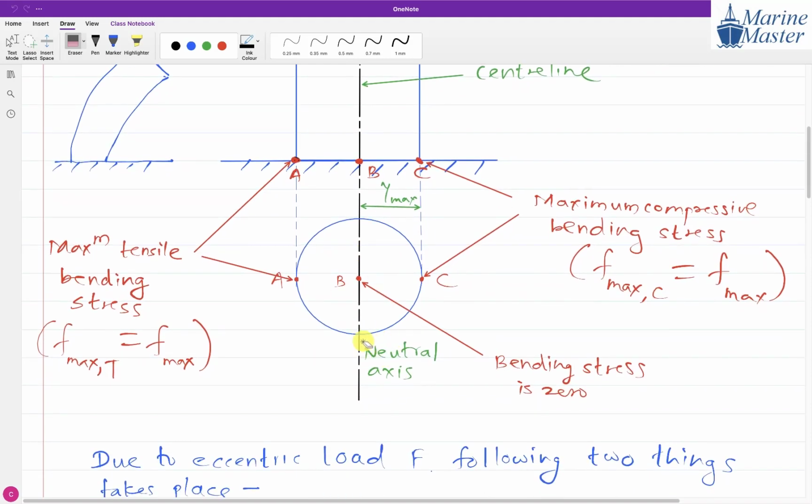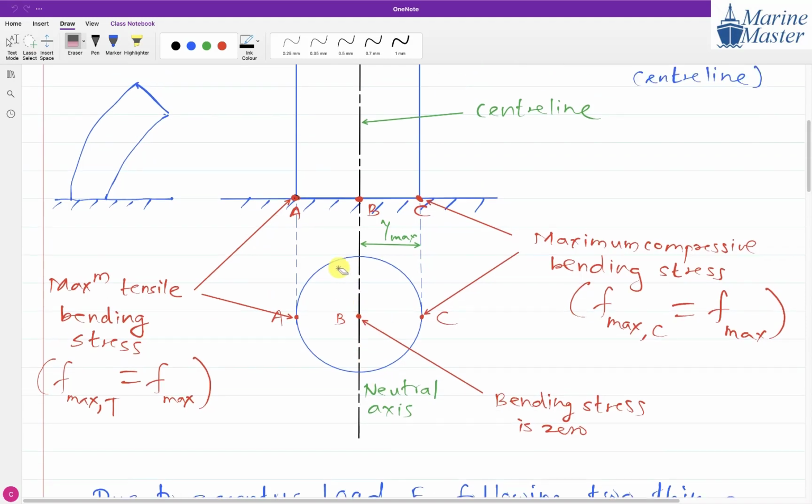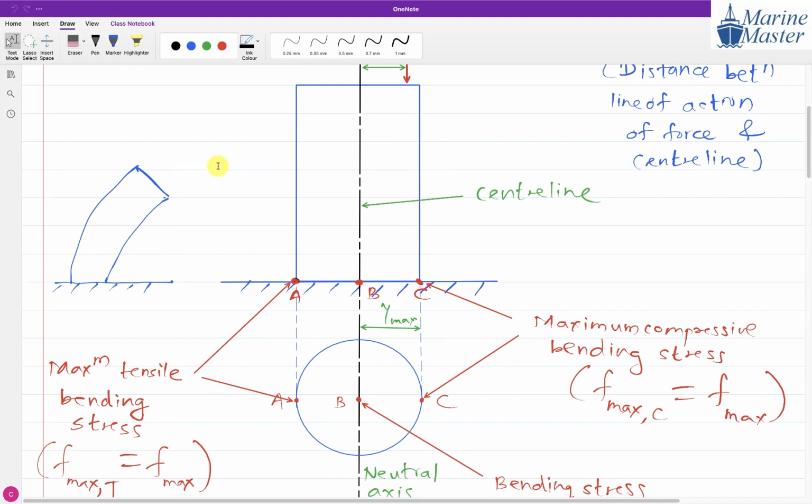Why are we calling this a neutral axis? Because about this axis, the bending stress is zero. That's why we say it is the neutral axis. And now, important: as this column is going to bend like this because of the given force here,